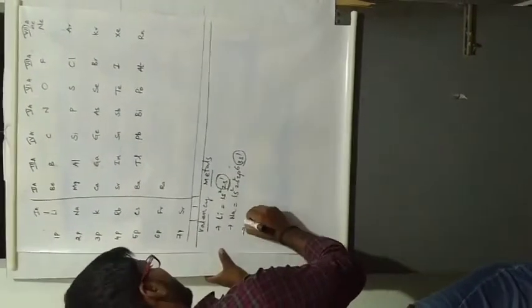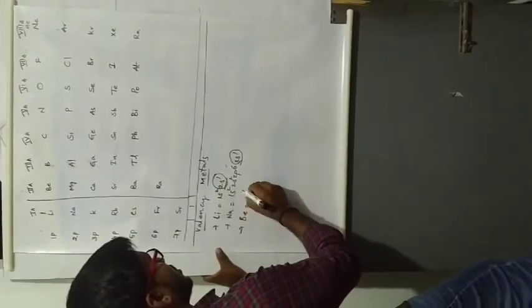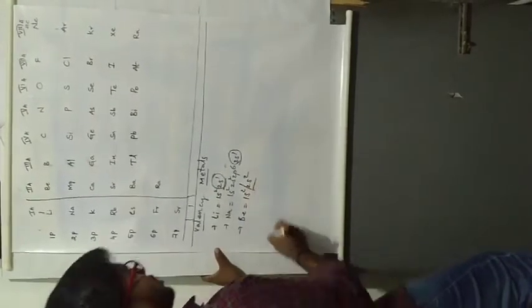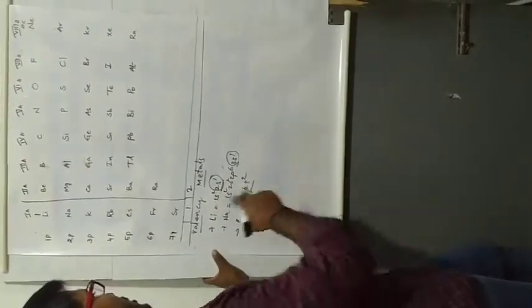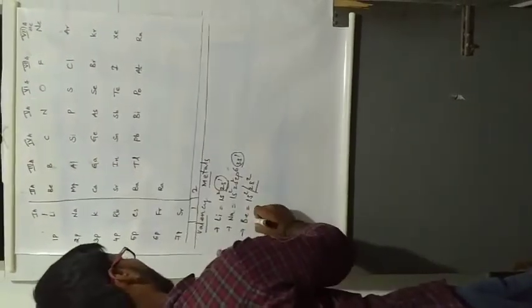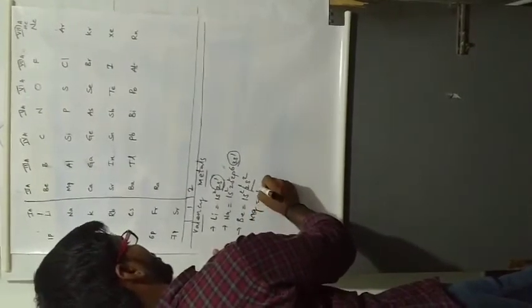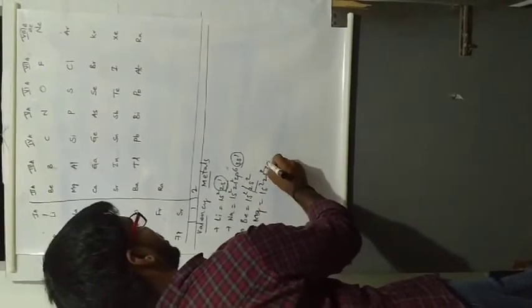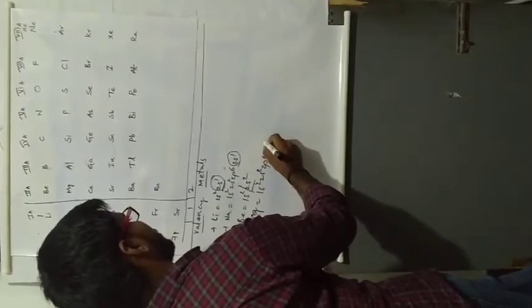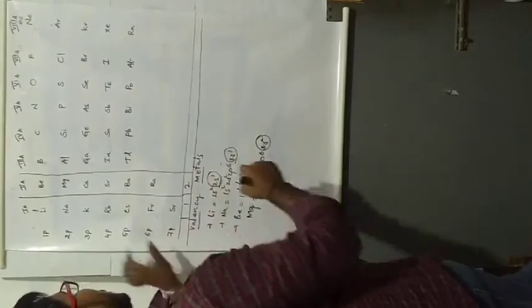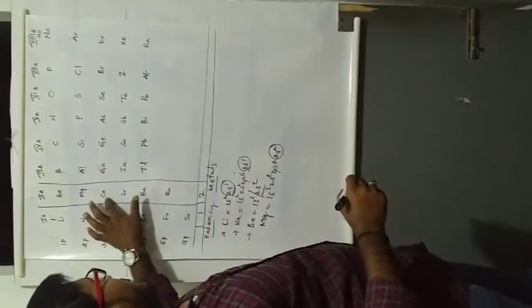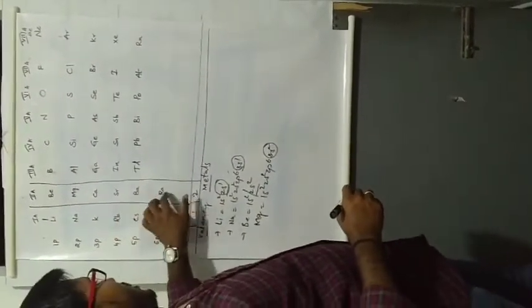What are the second group elements? Beryllium. So beryllium electronic configuration 1s2, 2s2. So outermost electrons present are 2. So that means valency is 2. Magnesium same: 1s2, 2s2, 2p6, 3s2. So outermost electrons 2. So second group contains all the elements like beryllium, magnesium, calcium, strontium, barium and radium. Valency is 2. And next one, third group elements.